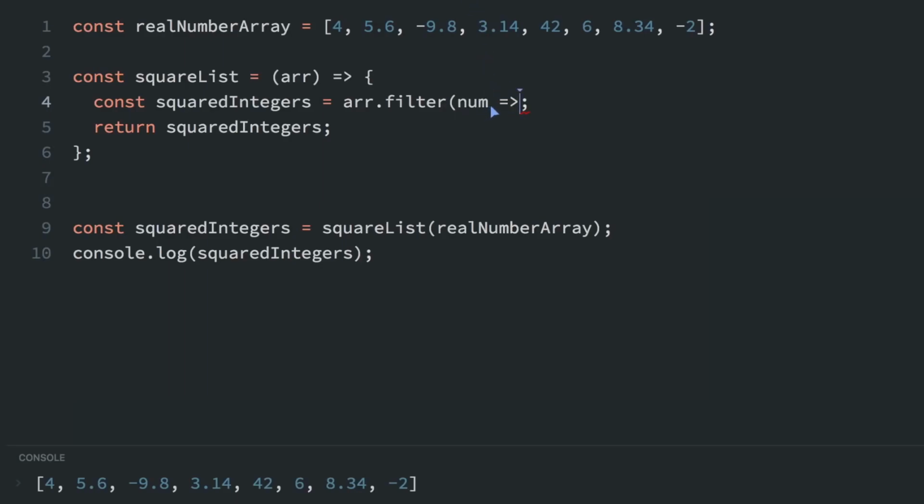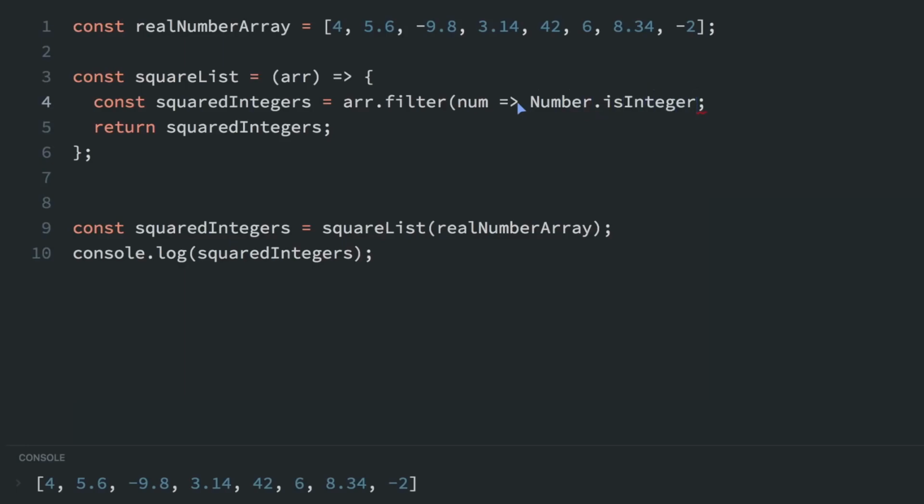Now, before I showed you that you pass in arguments in parentheses for an arrow function. But if you only have a single argument like this, the number argument, you don't need parentheses around the argument. You can just put the argument and then the arrow. So this is the beginning of the arrow function, and then we'll see what's returned from the arrow function. First, we want to filter this array so we only have numbers that are integers and numbers that are more than 0. So we'll do